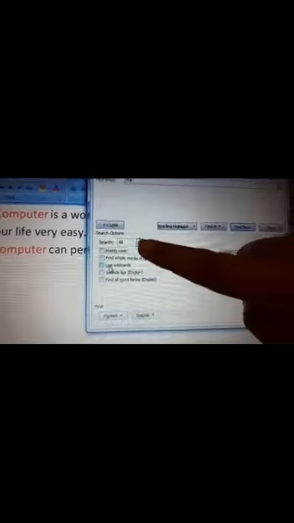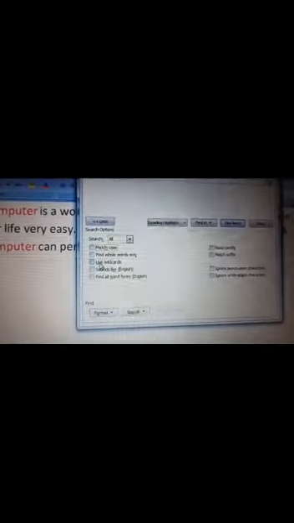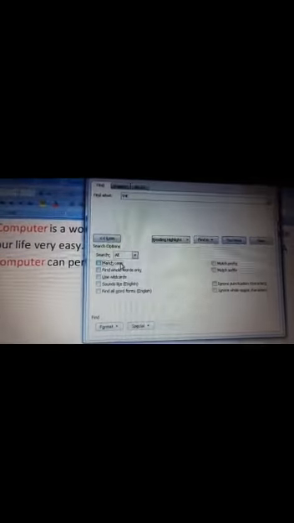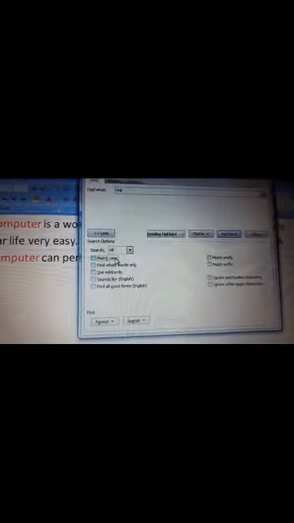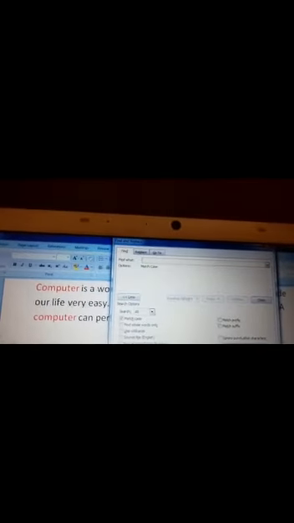Children, here are some options such as match case and find whole word only. I will tell you how are they useful. Match case means that computer recognizes two cases, uppercase and lowercase. Uppercase means that all the words they are typed in capital ABC, and lowercase means that the letters they are typed in small ABC. Now match case means if you select this box and whatever case you are going to write your word in, the computer will search only that case.